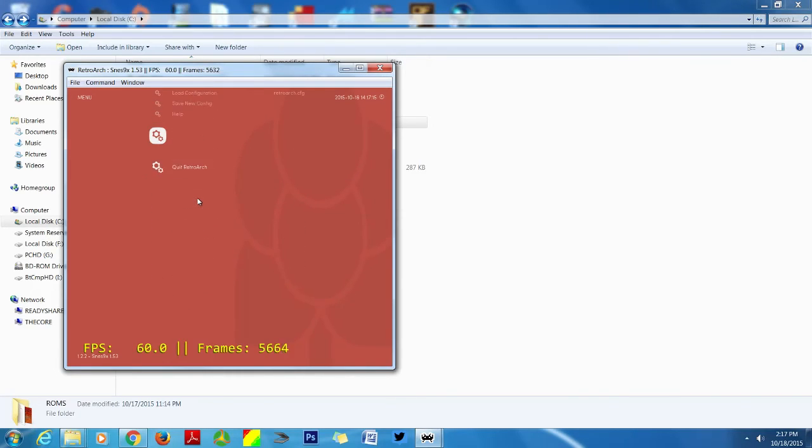Before you run the game, another thing I want to add is that you're going to want to probably quit RetroArch. Hold on, because I believe there is a setting that allows you to save the configuration on exit, as you can see here. All right, so make sure, because sometimes it does crash, that you have your settings saved, so you don't have to keep going back in and resetting your controller.